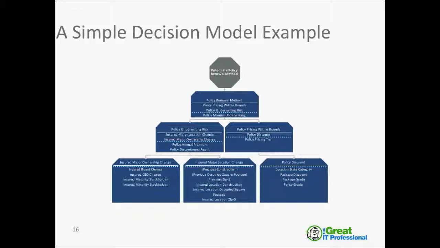And so they developed this decision as part of their renewal process, and the decision was all about determining whether a policy could be renewed automatically. I'm going to very quickly show you how to read the model to show how easy it is to create